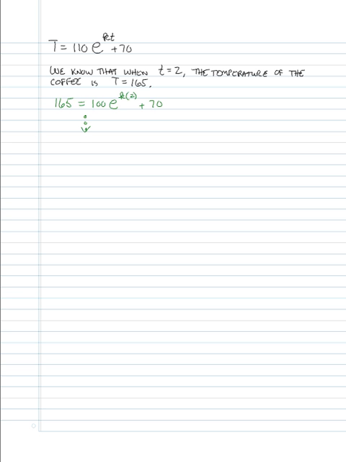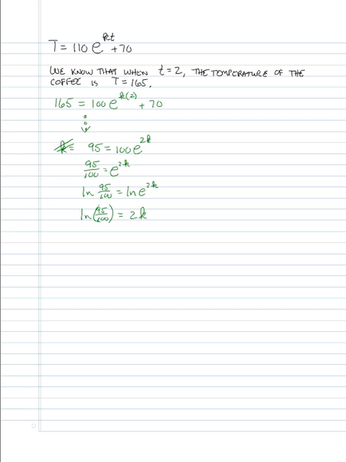That will lead us to k. Well, maybe I ought to do this. I apologize. Let me come back here. What we'll do is subtract 70 on both sides, and so we'll end up with 95 is equal to 110 times e to the power 2k. And then we're solving for k, so we need to get the e to the 2k alone. So we'll divide on both sides by 110, and then we'll have this. And then we'll take the natural log of both sides. But of course, the natural log of e to the power is just the power. So we end up with the natural log of 95 divided by 110 is equal to